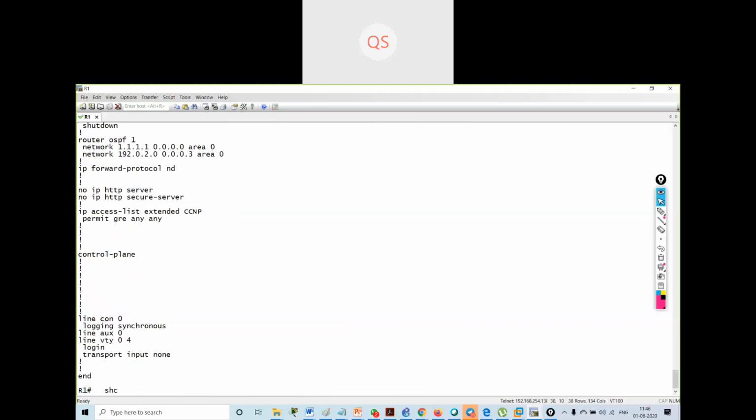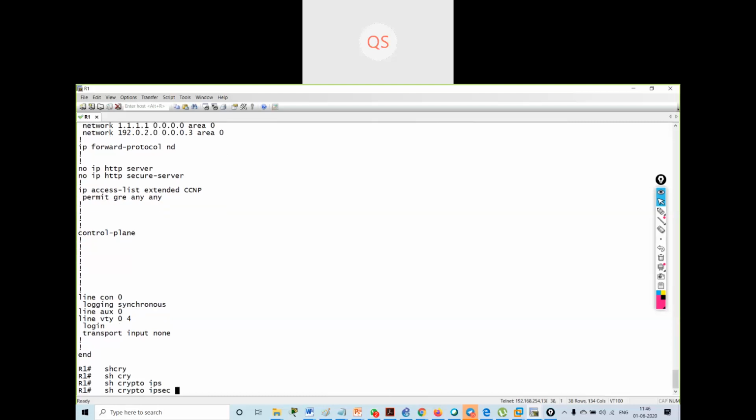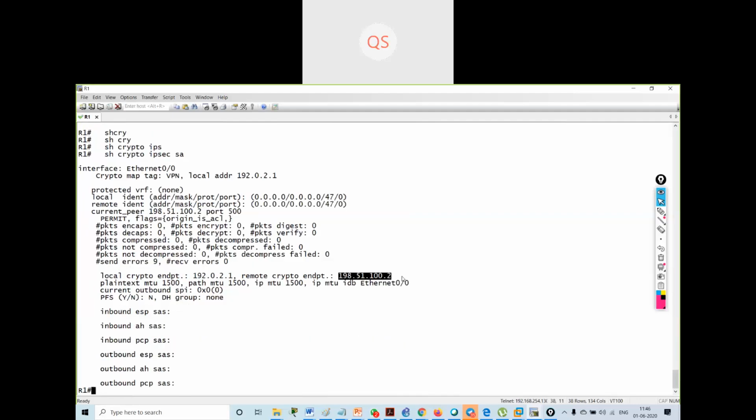Show crypto IPsec SA. Here it is giving me the tunnel. This is my local and this is my destination crypto endpoint. But why is it not giving me the association of ISAKMP?